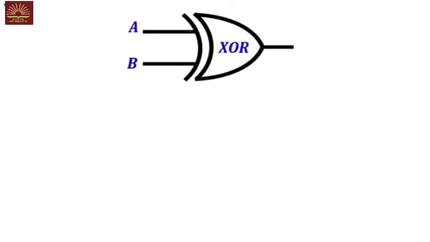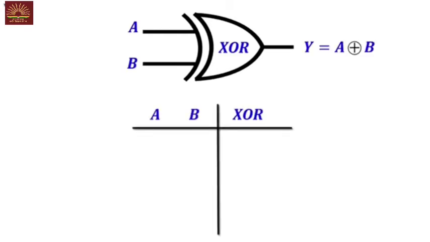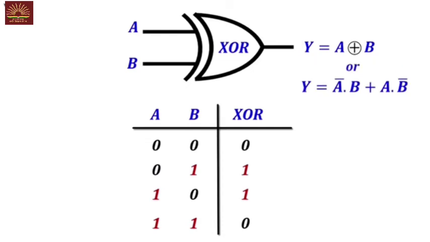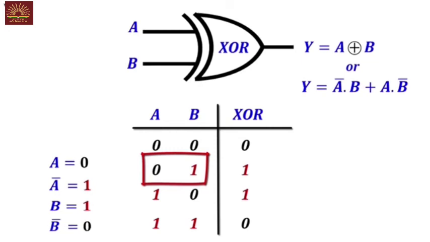Both the switches are connected to an XOR gate. In the event when one is on or at logic 1, the output is high as seen in the Boolean expression, that is A bar B or AB bar. Suppose A is 0, A bar will be 1. If B is 1, B bar is 0. If we put the values in the Boolean expression, the output Y is 1.